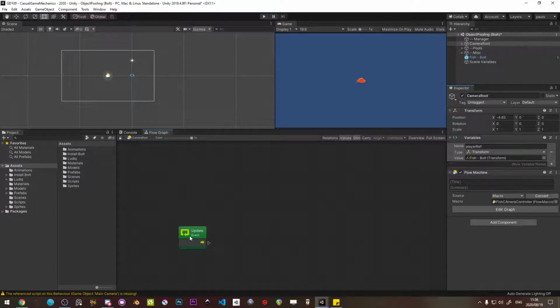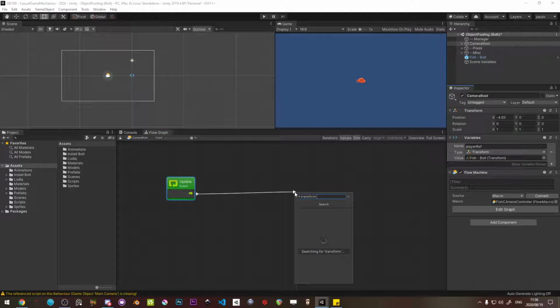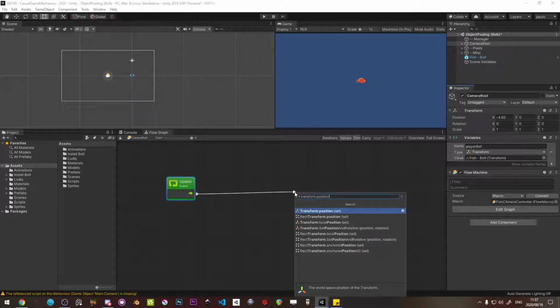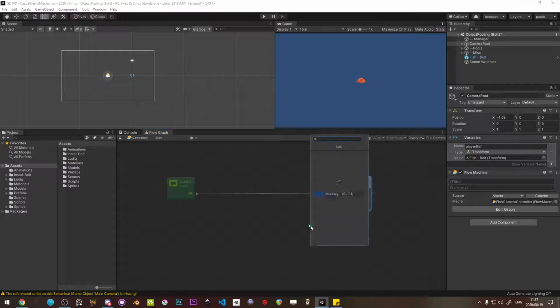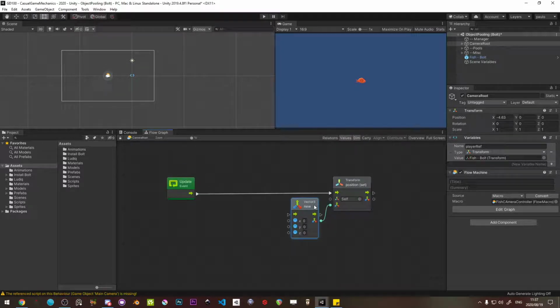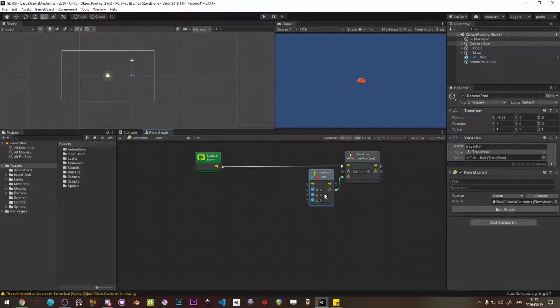And over here, we're going to delete this and we just need the update. So the update, we're going to say transform.position. We're going to set the position, and we do not worry about the y or the z. We just want it to follow in the x. So we're going to split this out into a new vector 3, x, y, z. We're going to leave the y, we're going to leave the z. All we care about now is finding, drag the variable of the player ref in here, and we're going to